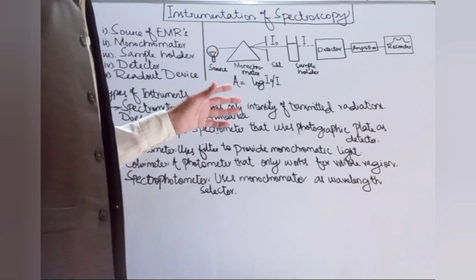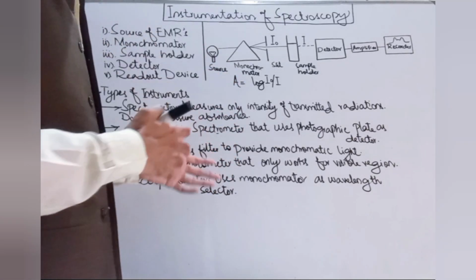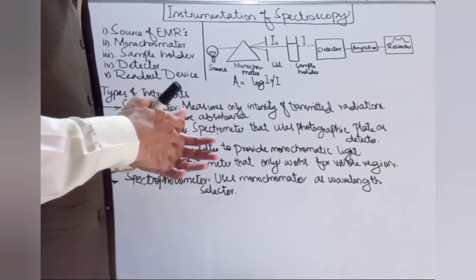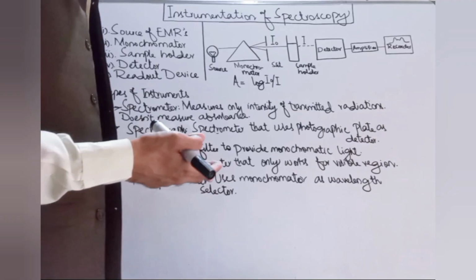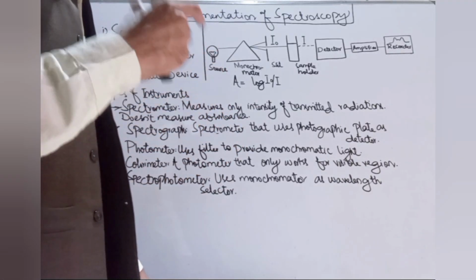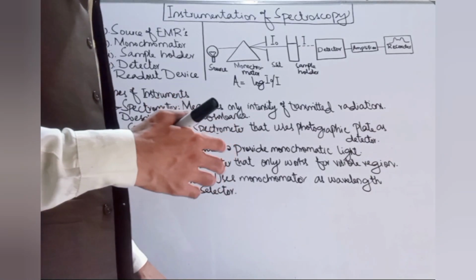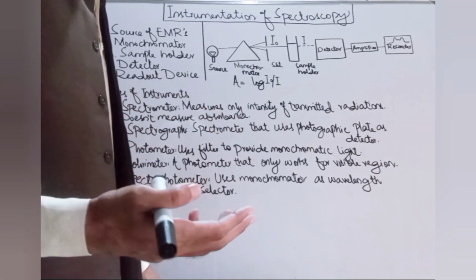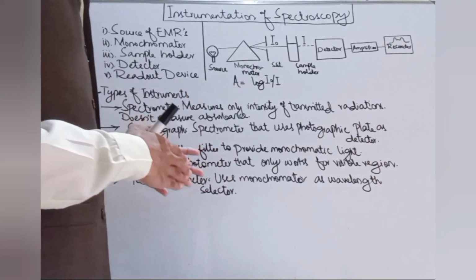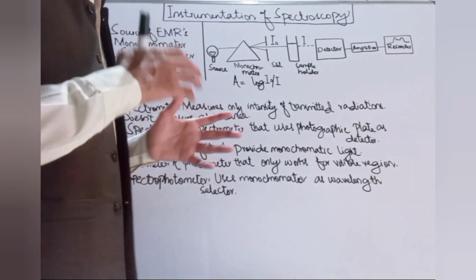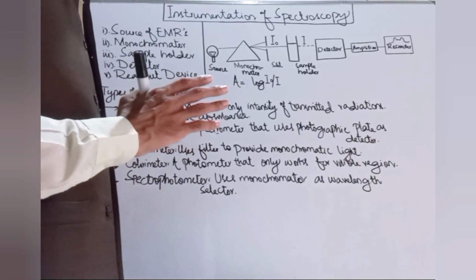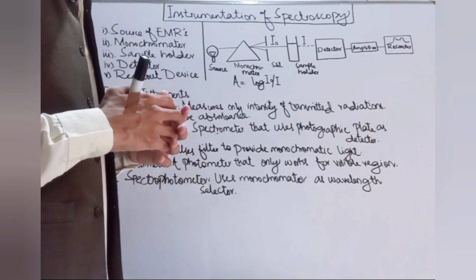Recorder is basically the component which reads that information and then converts it into some quantitative data. It may be a digital recorder that can give us certain numbers. It may be just like an instrument that can give us a spectrum or graph. So readout device contains the amplifier and the recorder. So these are the commonly found components, the important components that are shown in the context of the instrumentation